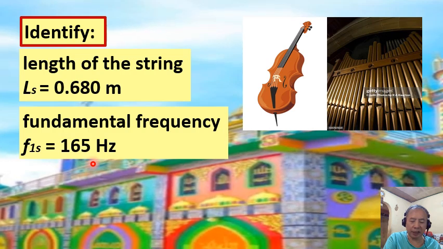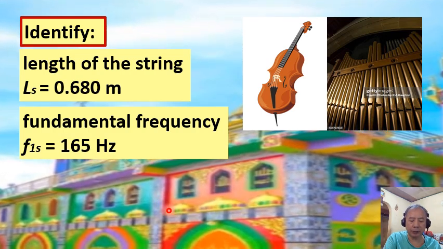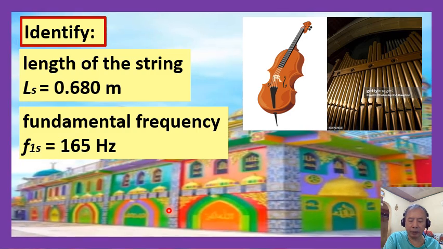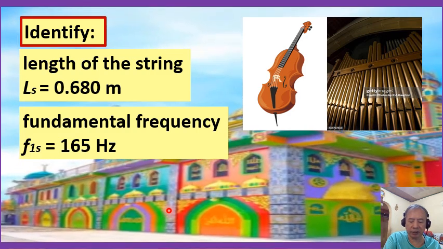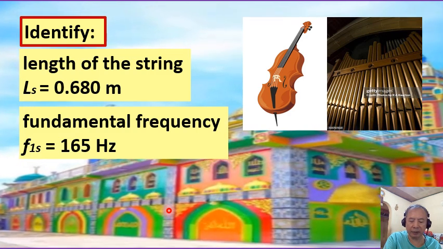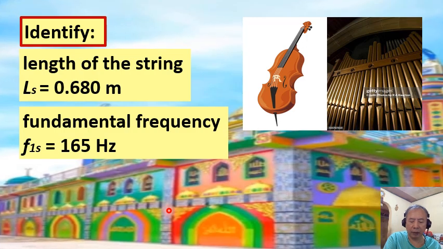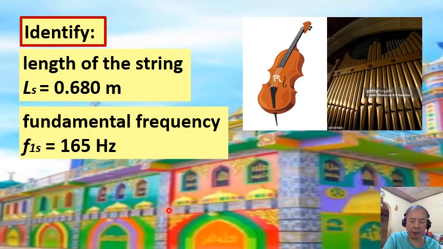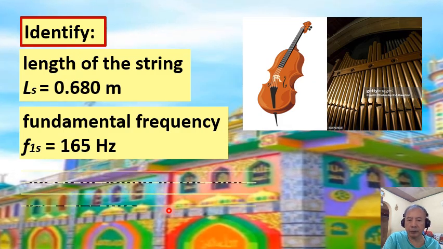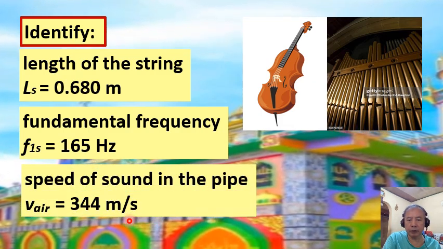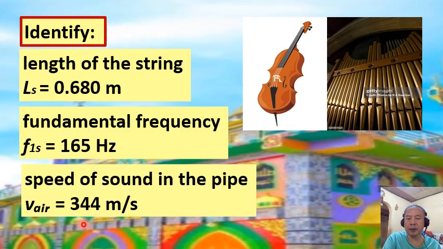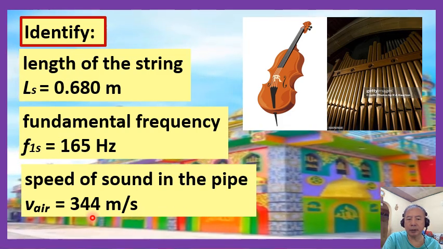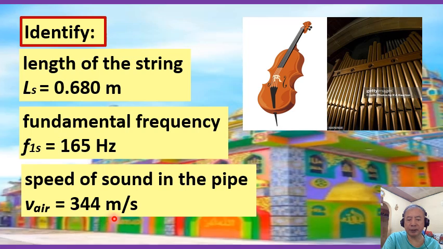When this string vibrates at its fundamental frequency, it causes the air in a nearby organ pipe, which is a stop pipe, to vibrate at that pipe's fundamental frequency. And the speed of sound in the pipe, or we also consider that as the speed of the air columns in the pipe, equal to 344 meters per